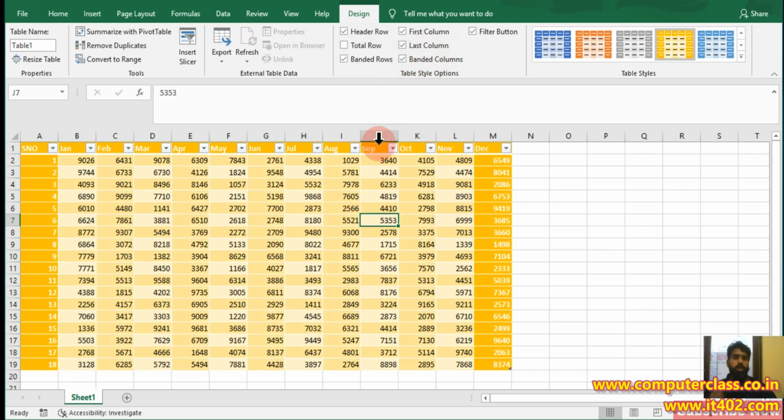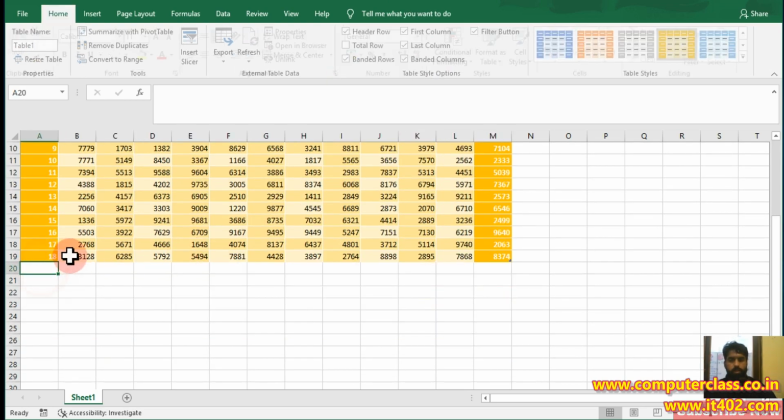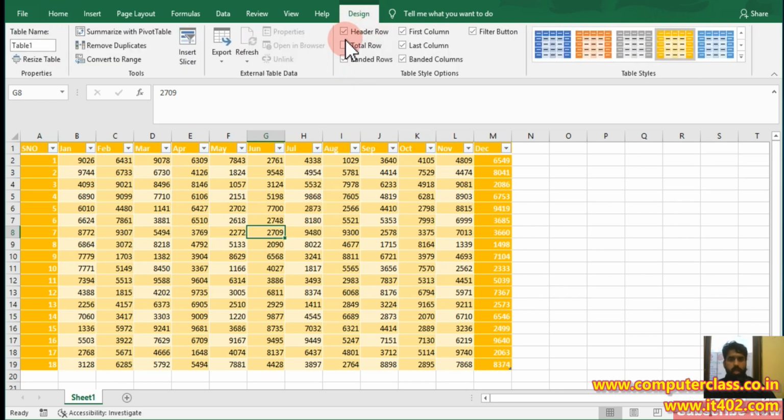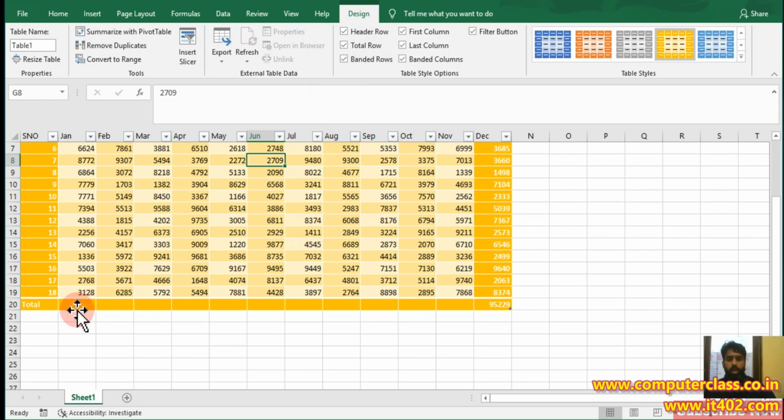Now the much more important option is total row. If you click anywhere on your sheet, click on the design tab, then click on the total row. A row will be inserted at the end of your data, fully furnished with